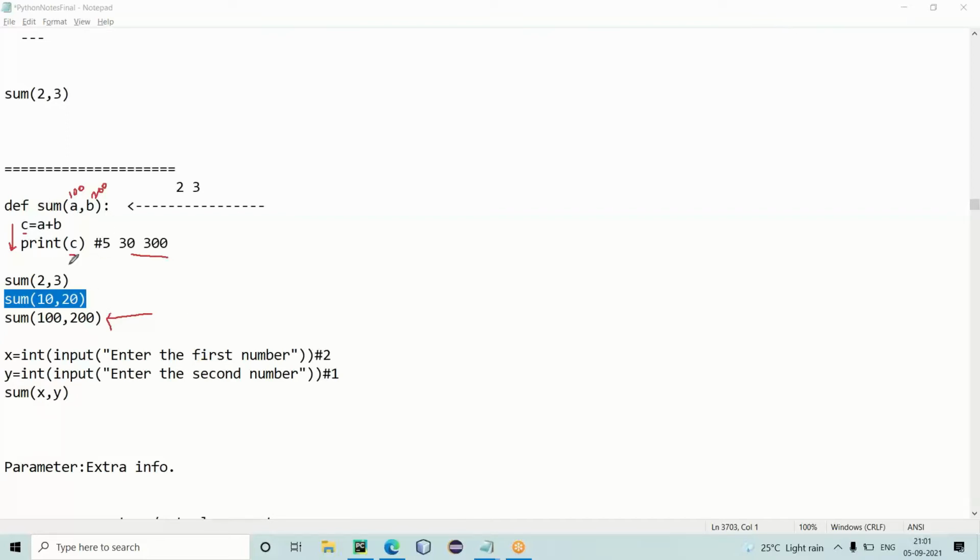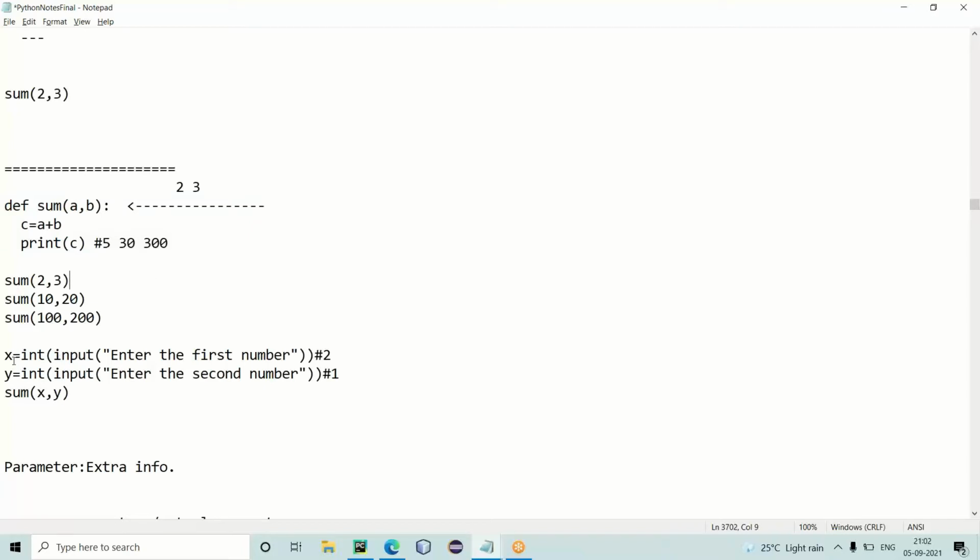See, now my definition became very, very flexible. Earlier I had given like this. I don't take anything here. So whatever the values you put inside the block, the operation will be performed on those values only. But now I made my definition flexible. Whatever you pass to A and B, the addition will be performed on those values. Correct? So now my function really became flexible.